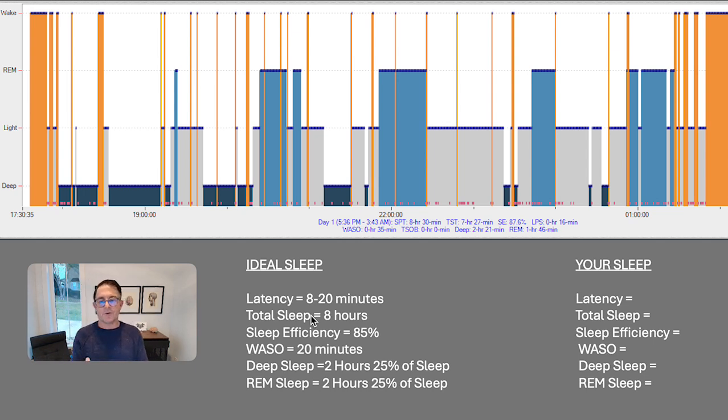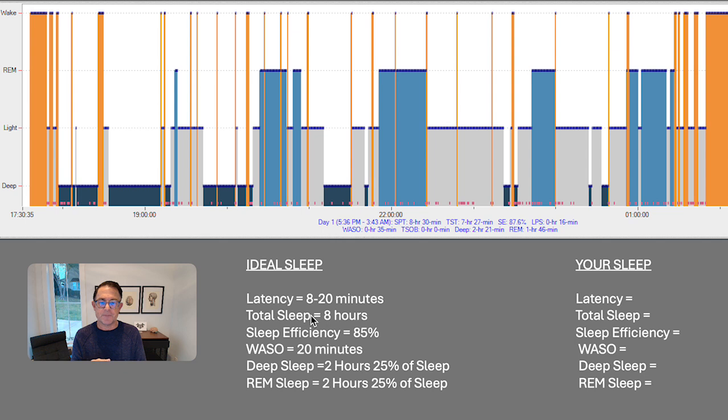Then WASO is a sleep architecture term, and it means wake after sleep onset. And that accounts for all these orange slices that happen after I've gone to sleep. It's expected to maybe have about 20 minutes of that. 30 is about the max. You start to get more of that, and then we have insomnia that's happening later in the sleep cycle. It's not initial insomnia, but it's waking up throughout the evening. A lot of times you'll see this about halfway through the cycle, around 2 a.m., that we'll start to see